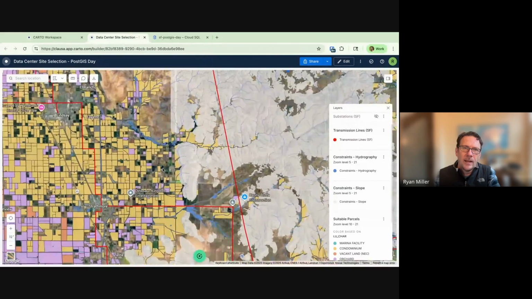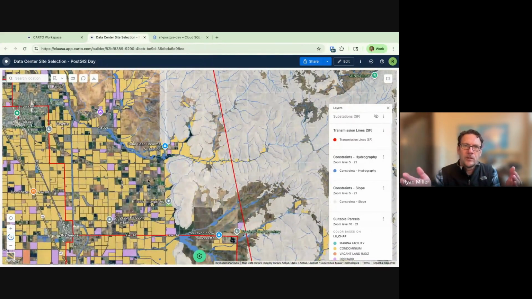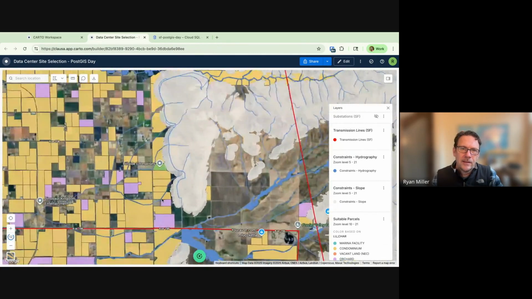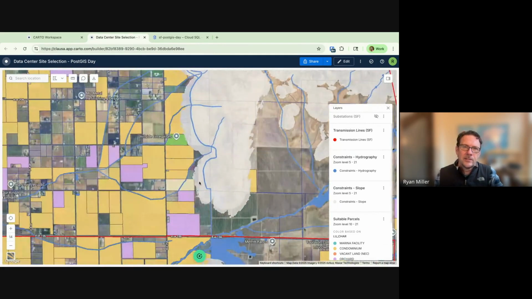So we've got, as I mentioned, our slope constraints. We've got our hydrography constraints, which are wetlands, distance from rivers and riparian areas. And then we have our parcels constraints. If we look at how these three sources interact, you can see our blue areas are hydrography constraints.